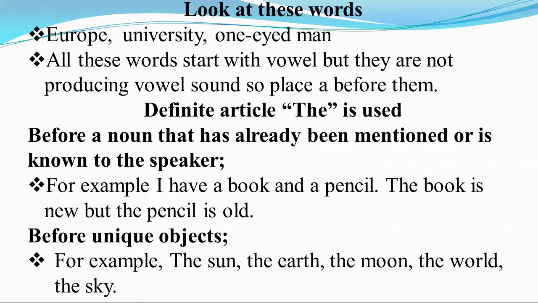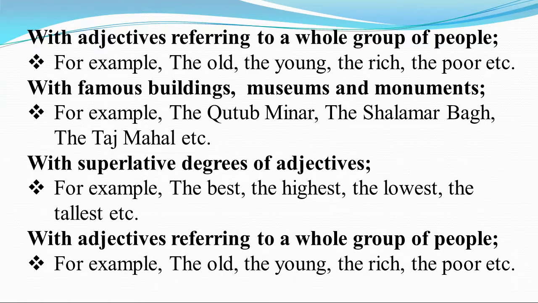In the second sentence, we place the before book and pencil because these two are already mentioned in the first sentence. Okay, now let's see where should we use the. We use the before unique objects, for example, the sun, the earth, the moon, the world, the sky, etc., with adjectives referring to a whole group of people, for example, the old, the young, the rich, the poor, etc., with